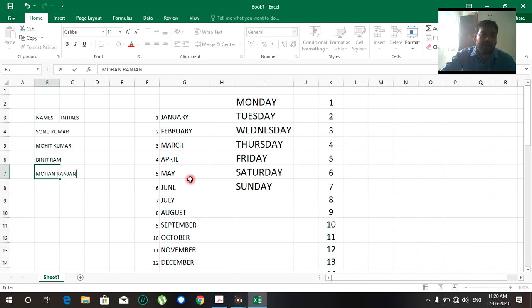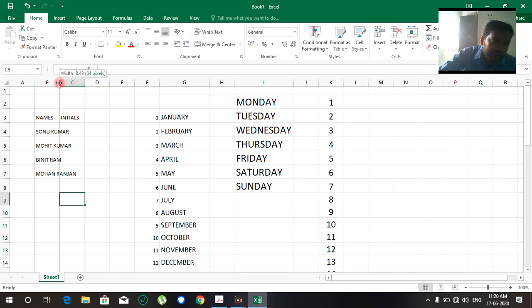Now we all know how to increase the width of the column.